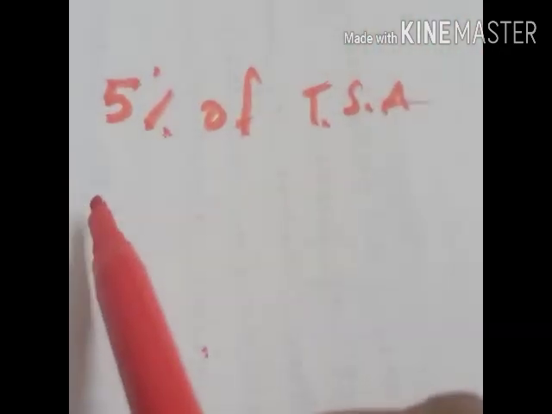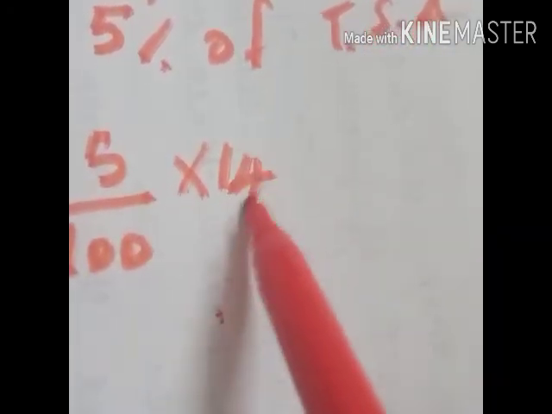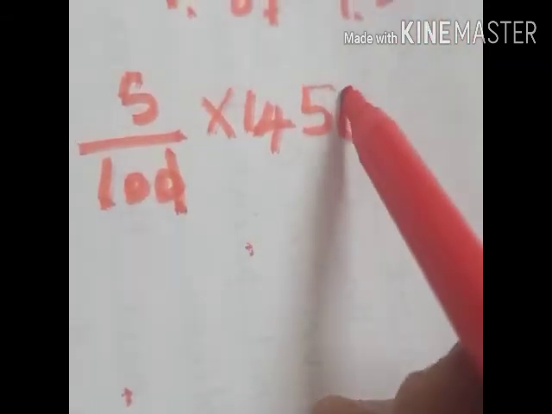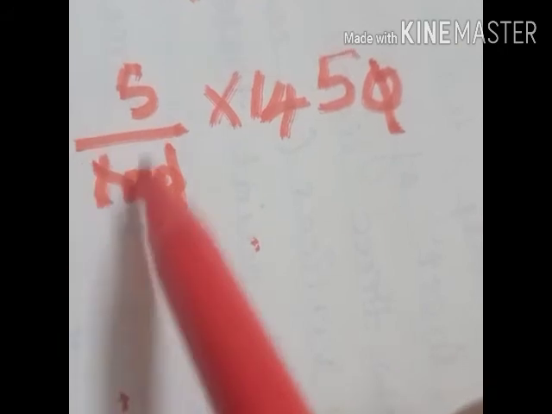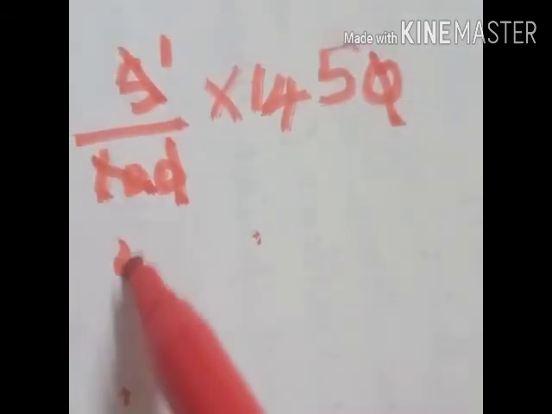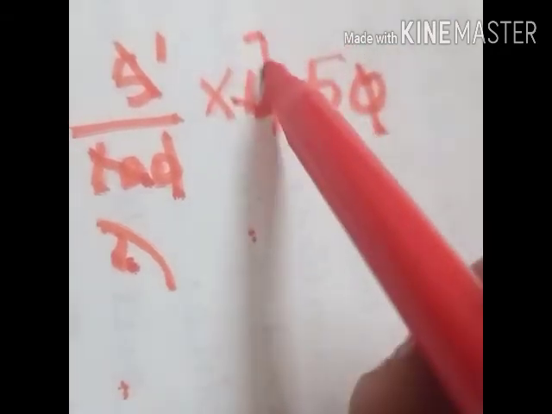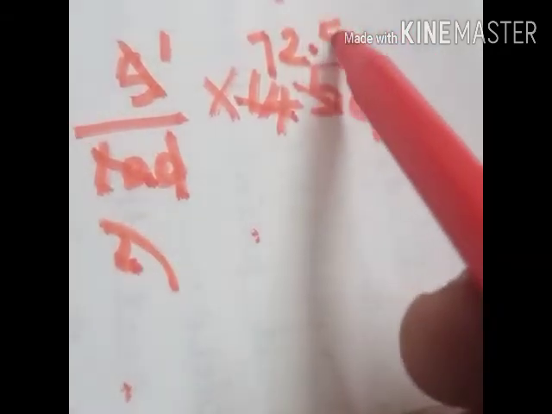5% of TSA, that is equal to 5 by 100 into 1450. We want to simplify by the cutting method. You should practice this cutting method. Then this 10 and 5 twice. Then this 2 and 145. 7. 2 2s are 4. 0.10 5. So